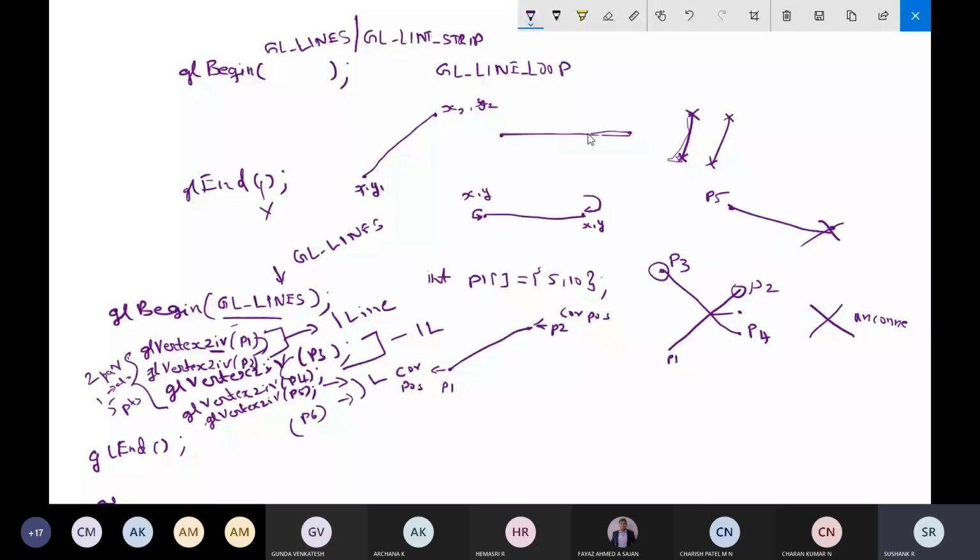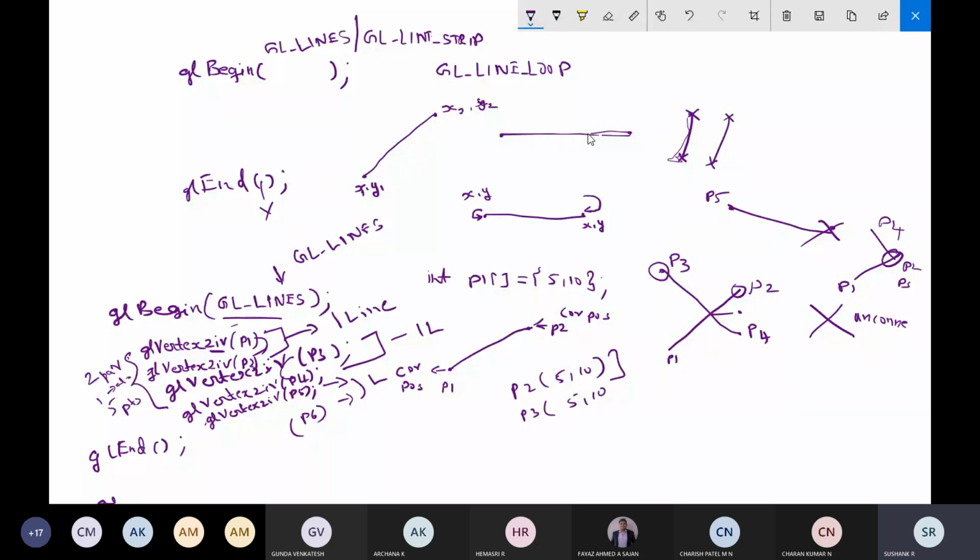For example, if P2 is at 5 comma 10 and P3 is also at 5 comma 10, then you could say the lines are connected because they have a common coordinate position. But you don't have any common coordinate position, so even though the lines are crossing at some point, they are not connected. A set of connected lines will be formed only when some coordinate positions are repeated. Even though two lines are crossing, you cannot treat them as connected.